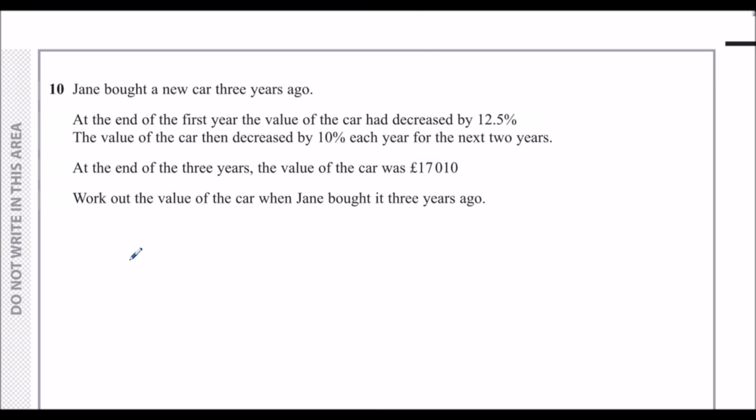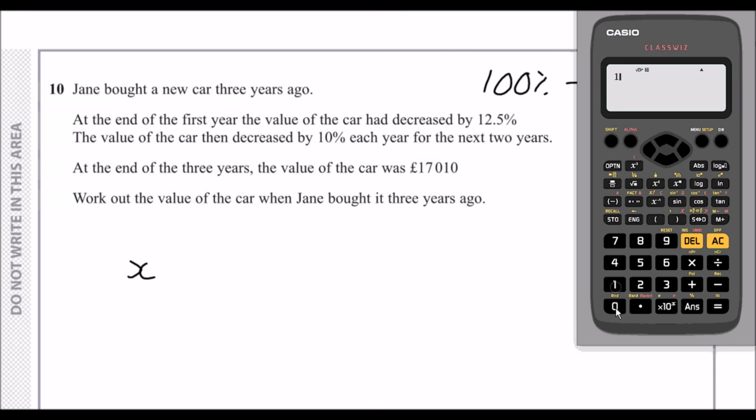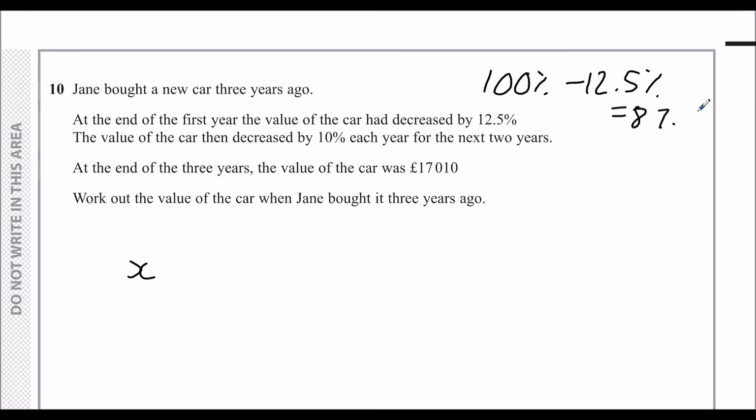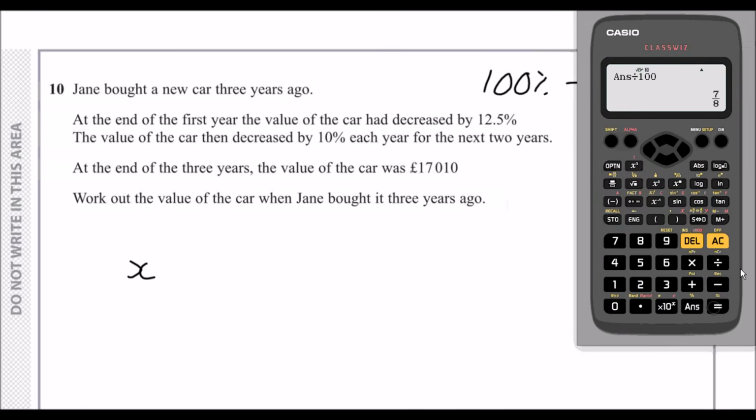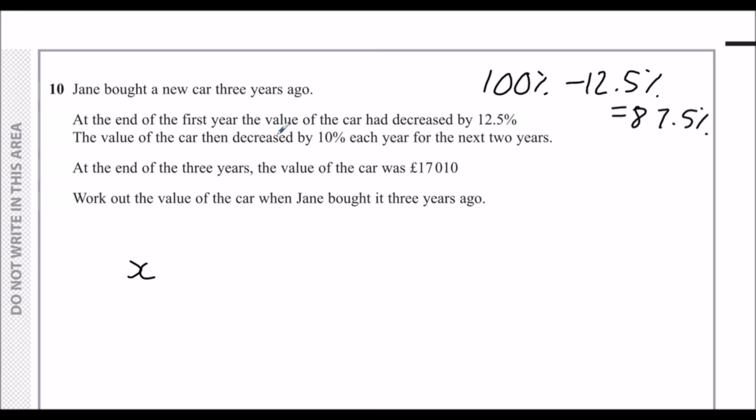So Jane bought a car for X pounds. In the first year, it decreased by 12.5%. So 100% take away 12.5%. 100 take away 12.5 is 87.5%. So with a decimal, that's 0.875. So to find out the value at the end of the first year, we times by